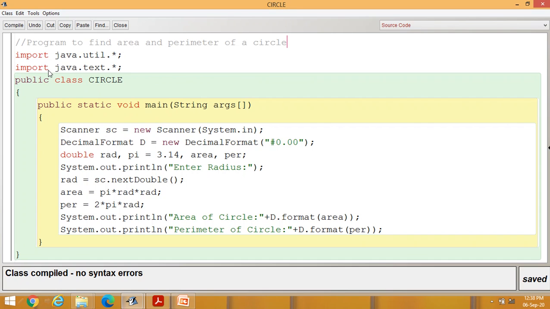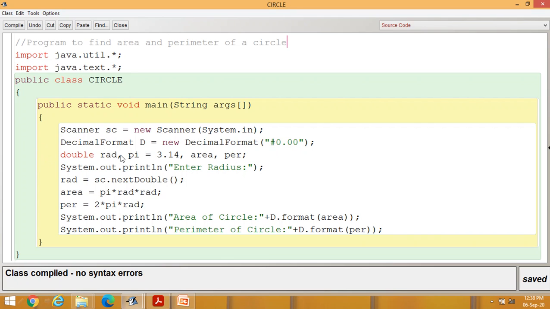And the second one is import java.text.star. This import is applicable when I am writing decimal format. With the help of this line or this code, I can print the data up to two places of decimal, #0.00, like this.